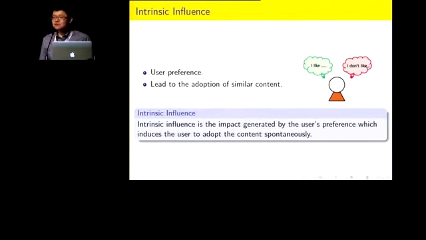And other than the social influence and external influence, there actually exists another influence that can make a social event happen. For example, if a user posts a tweet about action movies, he may post more tweets about action movies afterwards. In this case, the subsequent cascade of this user is triggered neither by the social influence nor by the external influence. It's triggered by his own preference for action movies. We call this kind of influence intrinsic influence. And here is the definition.